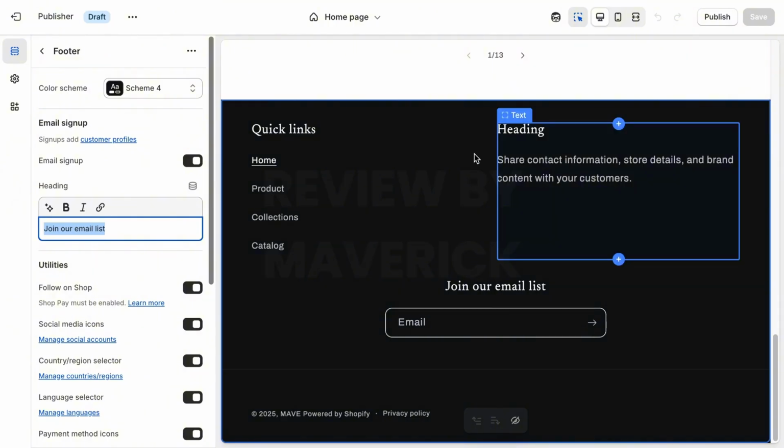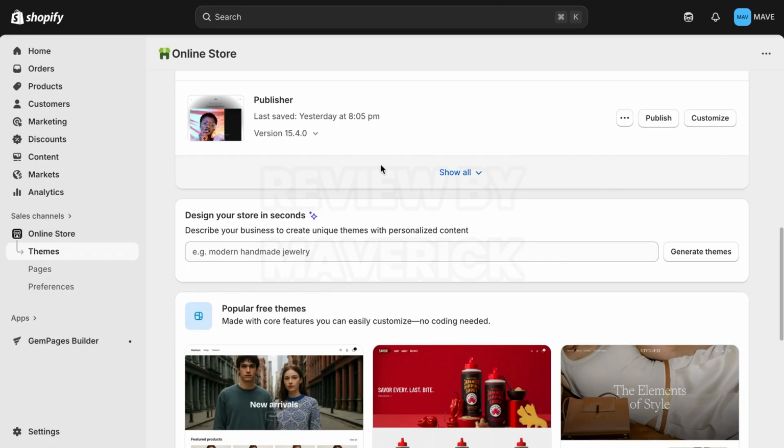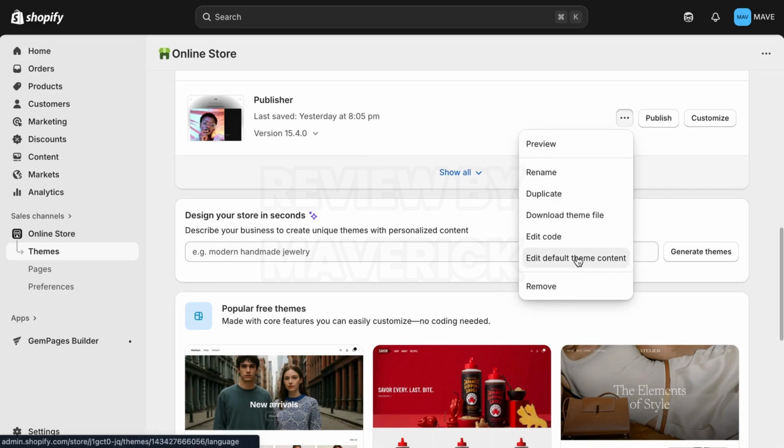So what you want to do is go back to your theme library, just like this. Then right here you want to find your Publisher theme, which I have right here. The next thing is you want to click on this three-dotted horizontal line, correct? Then you go to Edit default theme content. You click on that,